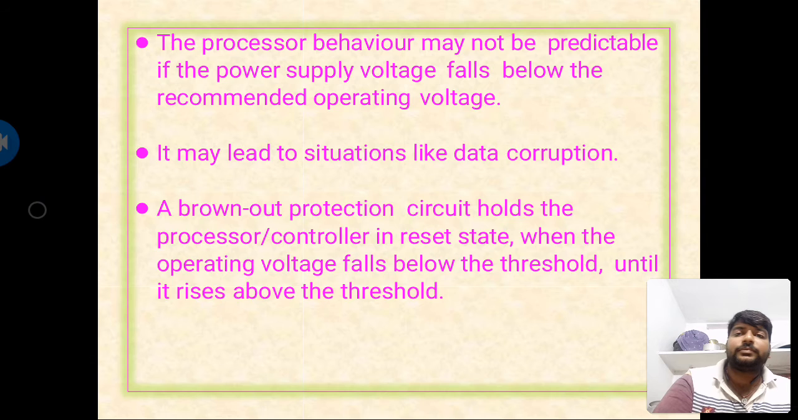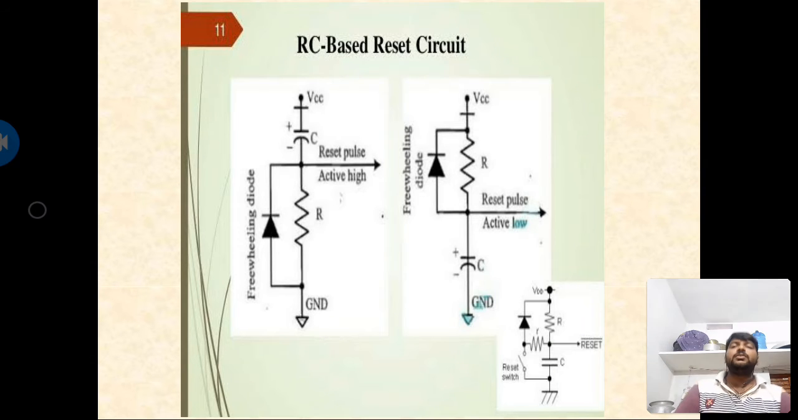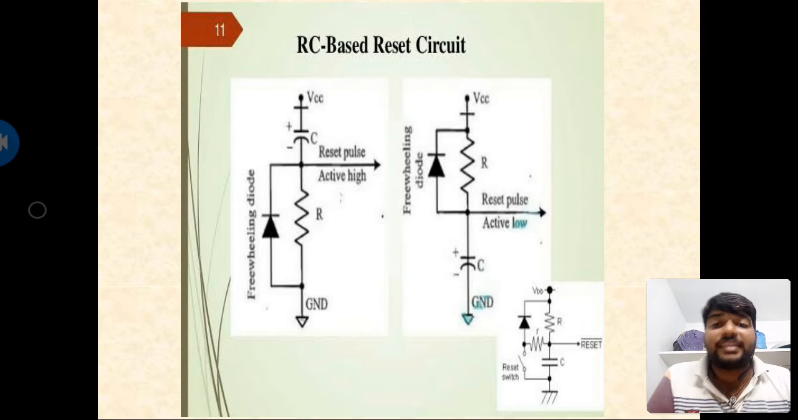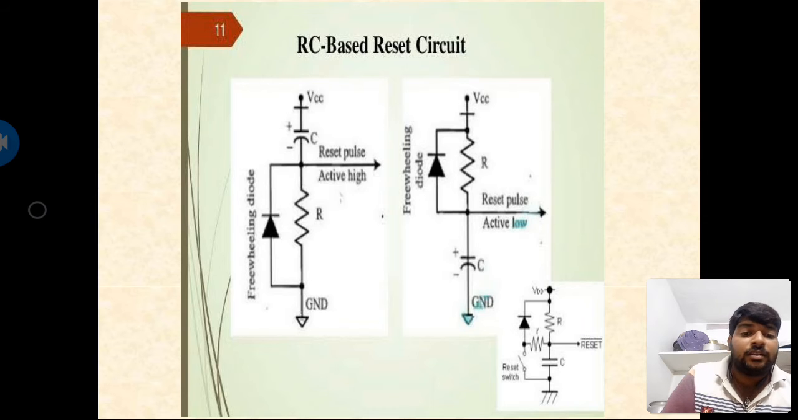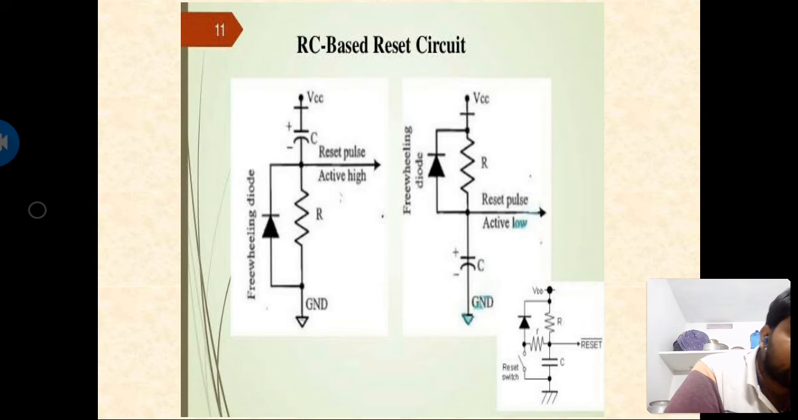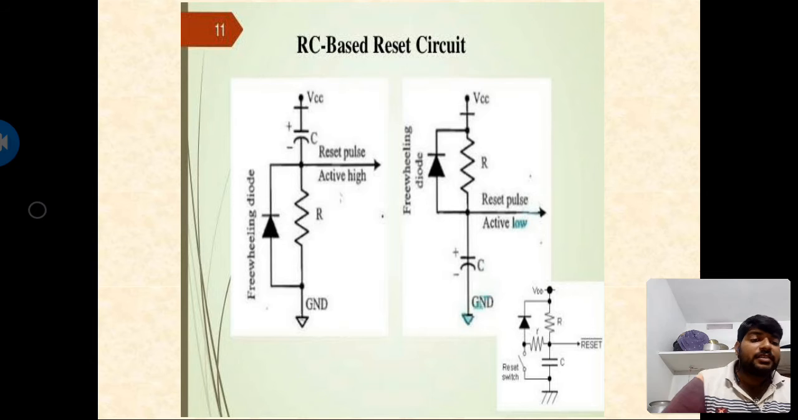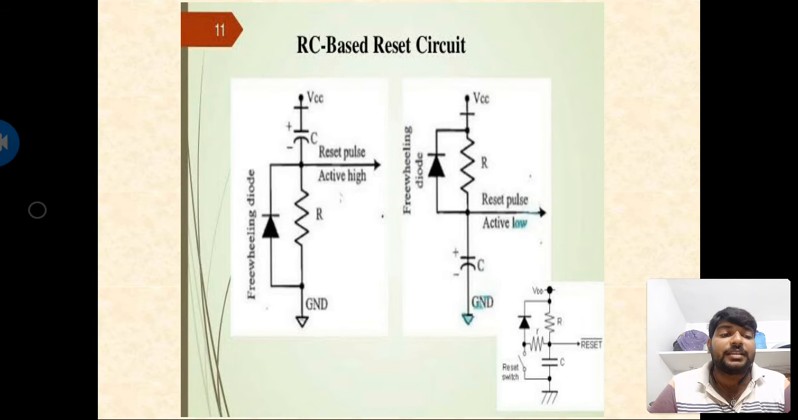Now let us see the RC based reset circuit. In an embedded system, the reset circuit is used to allow the device to operate at a particular voltage level. When the system is on, it performs firmware execution from the reset vector,